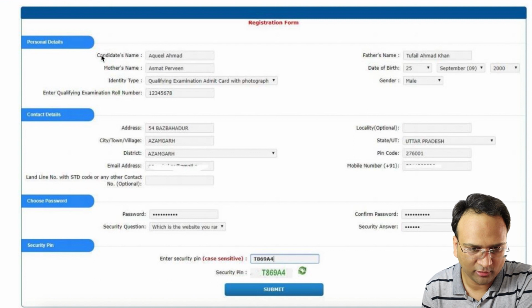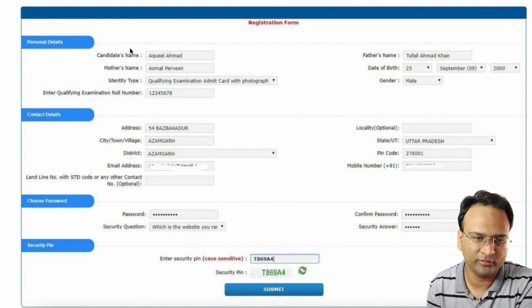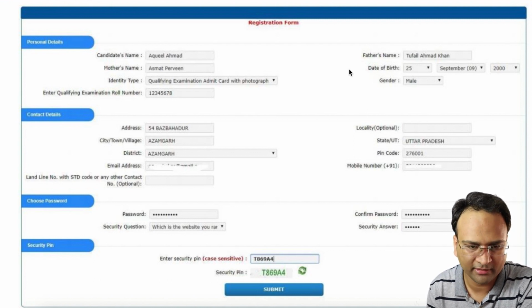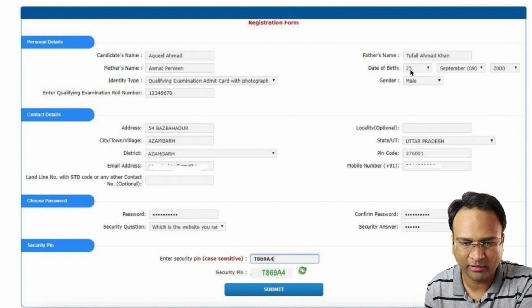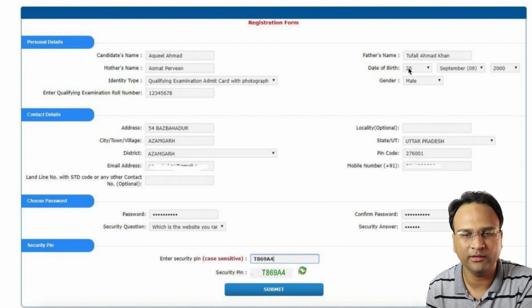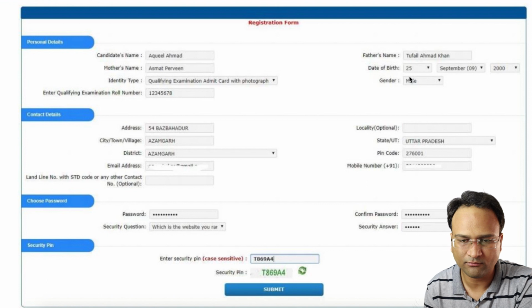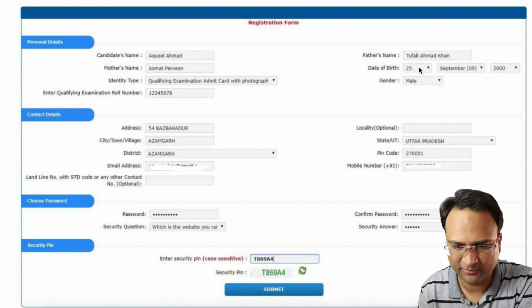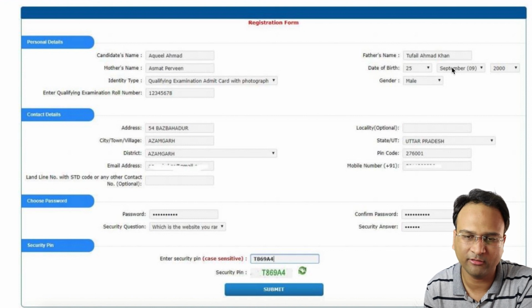So in personal detail, obviously candidate name. If you are a student, just enter your personal name here. Your father's name here. Mother's name should be coming up here. Then your date of birth as per your 10th certificate. Okay. In the original document, whatever date of birth you have, just mention your correct date of birth. The date of birth should match with your original document.